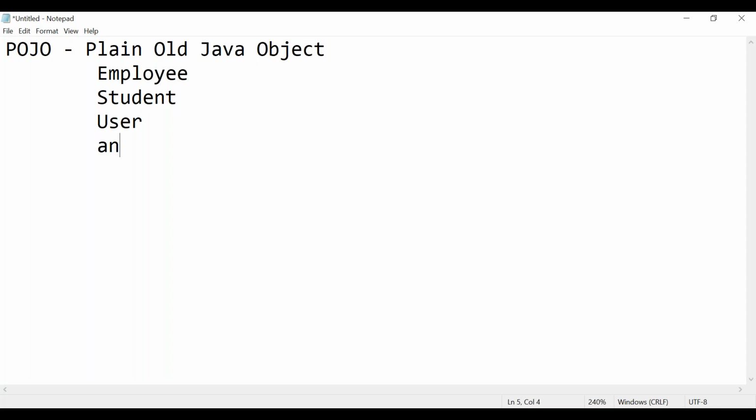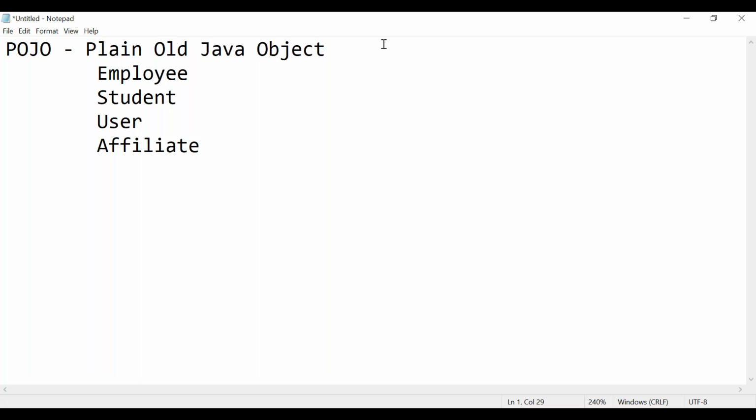Suppose animal also, I can say it is a Pojo class. Affiliate can have a name and a membership type, correct? Points, membership points, there are many things. So all I can say are Pojo classes. What does it mean? Pojo class means it will be having private attributes, getters and setters. We will see getters and setters later, but you can think about it. Pojo class means it will be having all the attributes with getters and setters, correct?